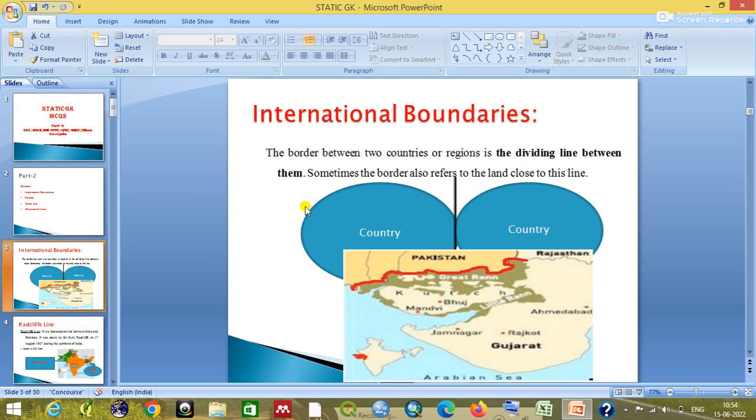As I mentioned, international boundary lines are those lines which separate two countries. So this line separates two countries, India and Pakistan. So this is the international boundary. Next,